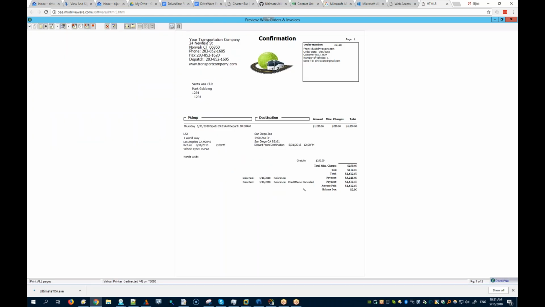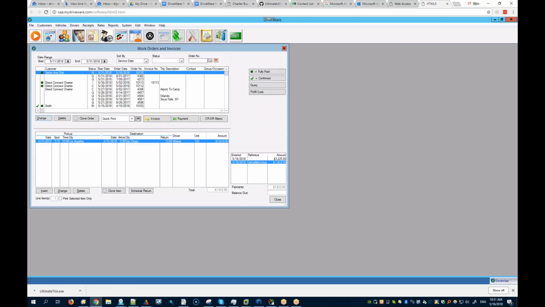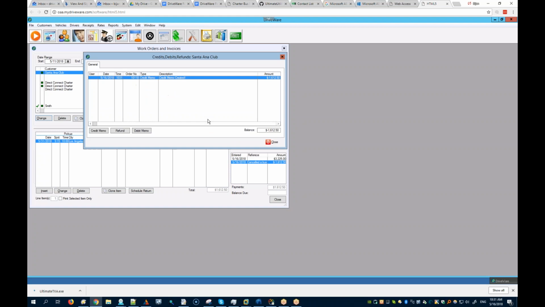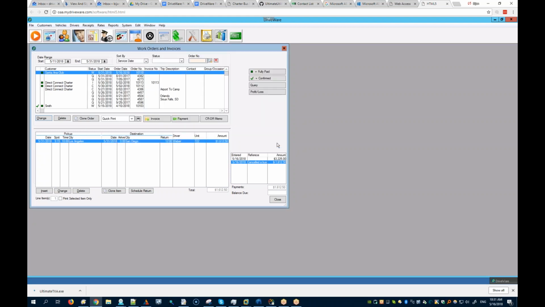Okay, so you can see there's a credit memo. You cancel the bus, and it shows that the bus was canceled and the credit was applied. The balance is zero. Now there is a credit for this customer of $1,612.50 that you can leave on here. And let's say